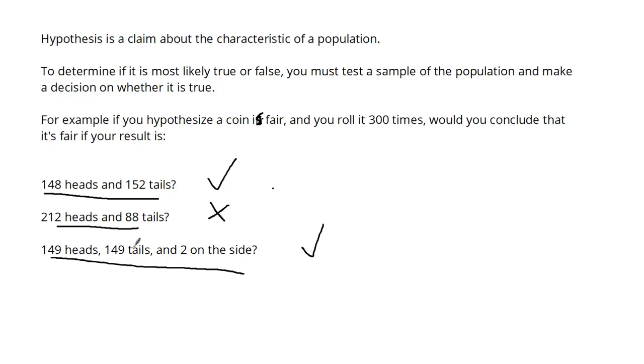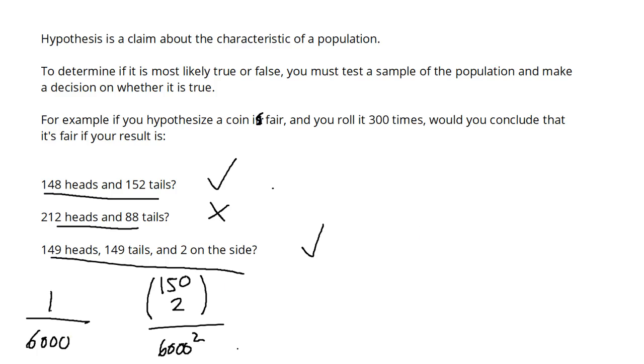Now you have to be really lucky to get two on the side, right? For you guys who know how to use the choose notation, the chances of getting two on the side is astronomically low. The chance of getting two on the side is 150 choose 2 over, I think I got this right, I don't know, 150 choose 2 over 6,000 squared. That's the chance, right? So the chance is 1 in 6,000